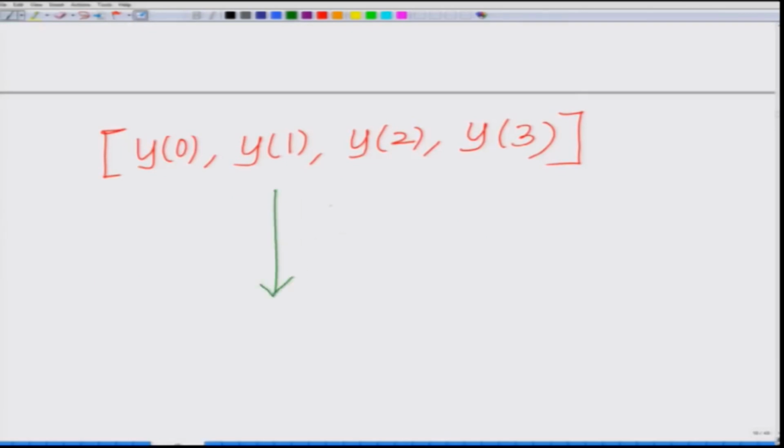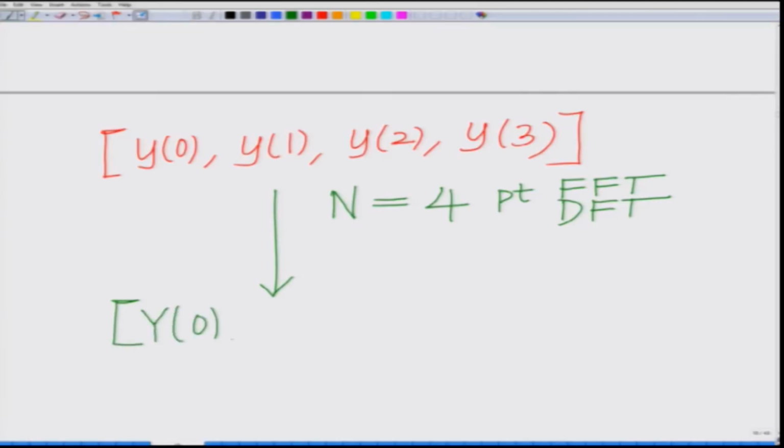So, the size of the FFT is always fixed, that is n equal to 4 point FFT, that is fast Fourier transform, or basically also the DFT. I do not need to mention this, FFT is simply a fast algorithm for the DFT, that is discrete Fourier transform, and that gives you the symbols across the subcarriers Y0, Y1, Y2, Y3,